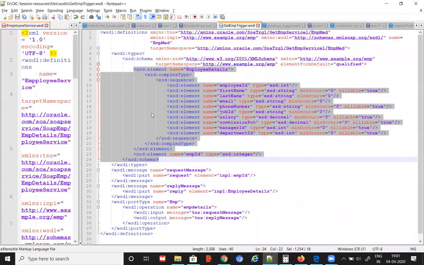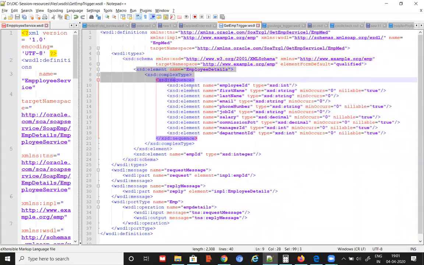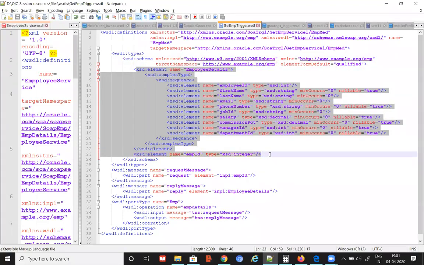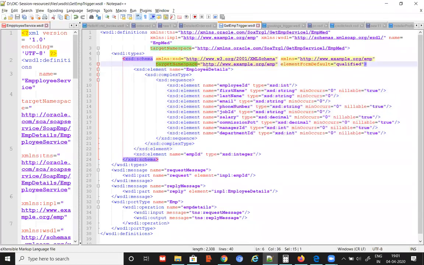All right, is that clear? Any questions on this one? I need not explain much. Earlier, I was importing from the XSD. Instead of that, I'm just copy pasting the contents of the XSD here, and then I don't need to maintain the employee details XSD separately. But still, the target namespace I'm defining here for this XSD has to be the same, since I will be referring to it here. INP1 colon will still be there.